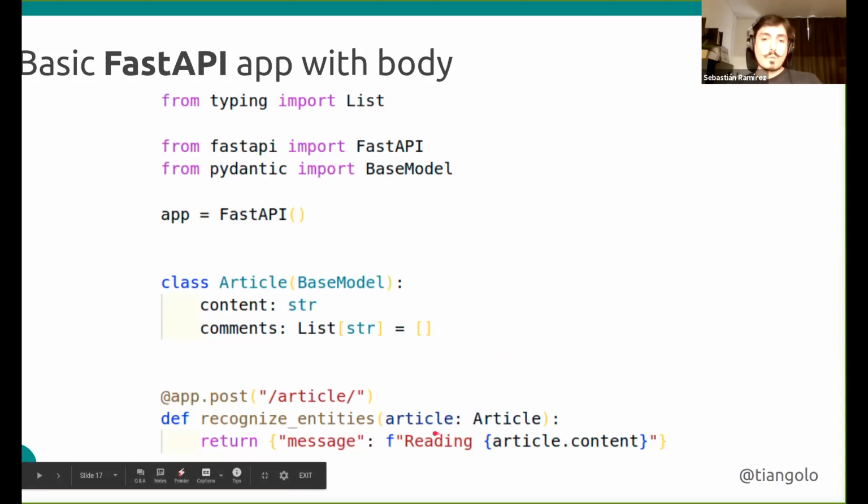And then, because the thing that we receive inside is actually an instance, we are saying that article is of type the class Article. This means in normal Python, we are saying this is an instance of this class. And because we are actually receiving an instance of that class, we can use article.content. We can use dot notation to extract the values. We don't have to use keys in a dictionary and remember the names of the keys that we declared before. We can just use dot notation here. This is just an f-string, a formatted string, so we are integrating this content inside of the string. Now we just return this message.